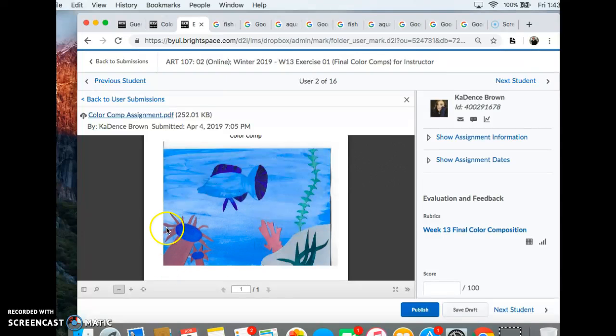You don't want some of the coral or plant life that you're going to create to compete with the focal point. And you can do that with saturation. You can make the fish very, very saturated and then desaturate some of the other plant life. That would work too if you wanted to stick with a purple or some kind of contrast. The purple just has more contrast in general because it's a little bit warmer, because it has the red in it. And so those are just some things to think about,